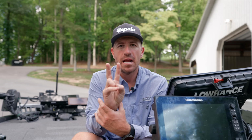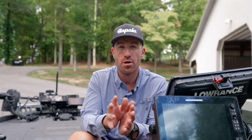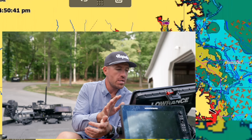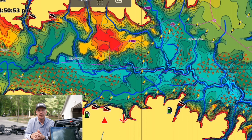There are two places I'm going to focus on Toledo Bend, where I would focus my time and energy if I'm going to fish for fish that are suspended out on bait. Baitfish are more than likely going to be more main lake driven or in the mouths of the creeks. So let's just say there's some baitfish inside this area. You've got all these creek channels. There's probably some timber out in here. I might go around this creek channel and try to find the areas that have a plentiful amount of bait. Now, being able to figure out if there are white bass there or largemouth or catfish,